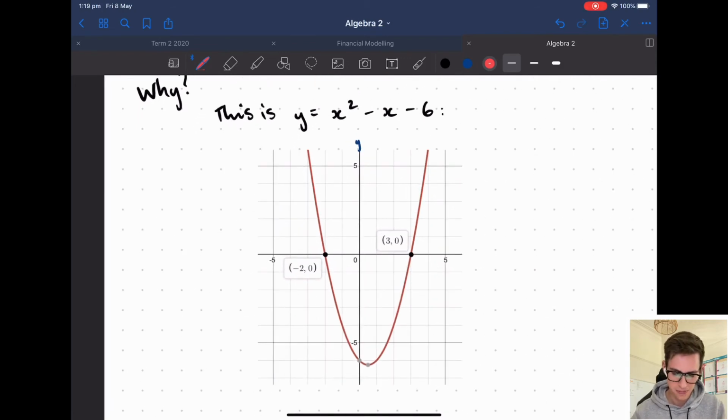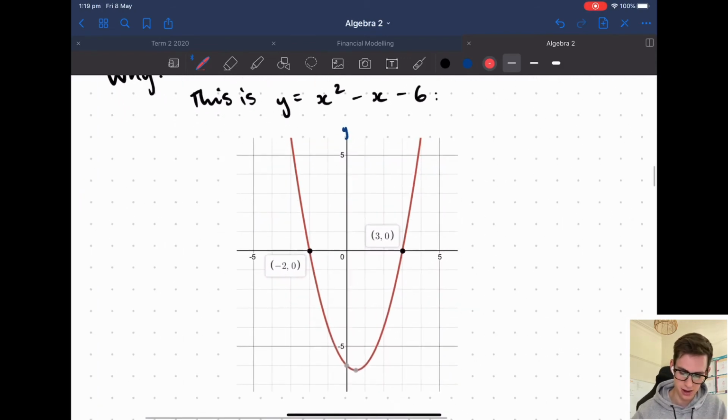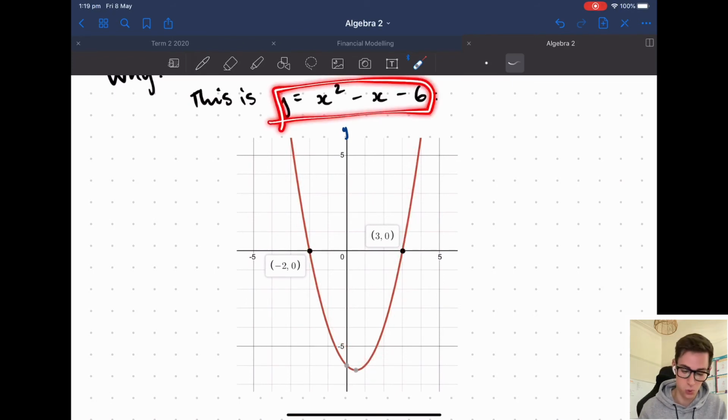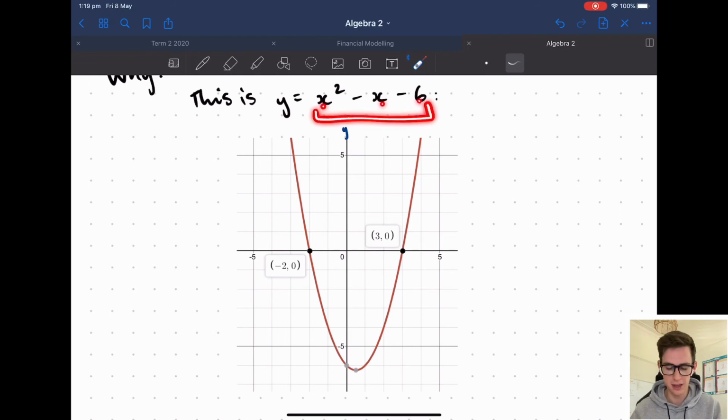Okay, now I'll quickly talk to you about why before we get a couple more practice ones in. This here in red is the graph given by this equation. You'll notice it's this quadratic where you have an x squared, an x and a number. That's the pattern we've been working in. And you'll notice I've listed 2